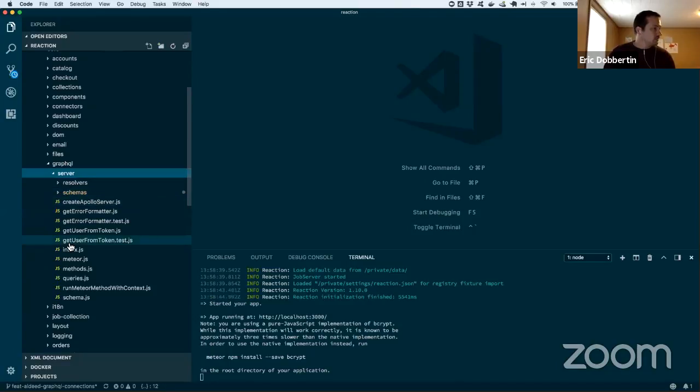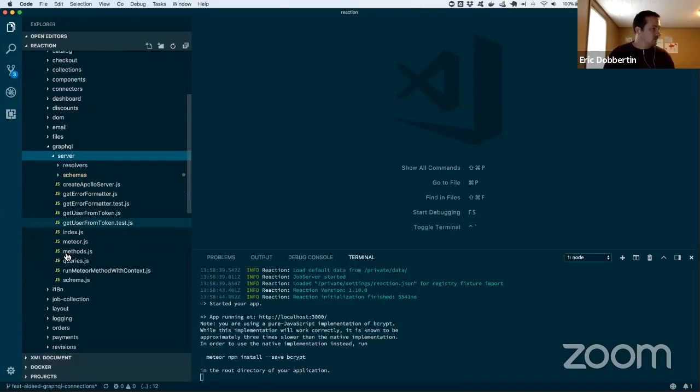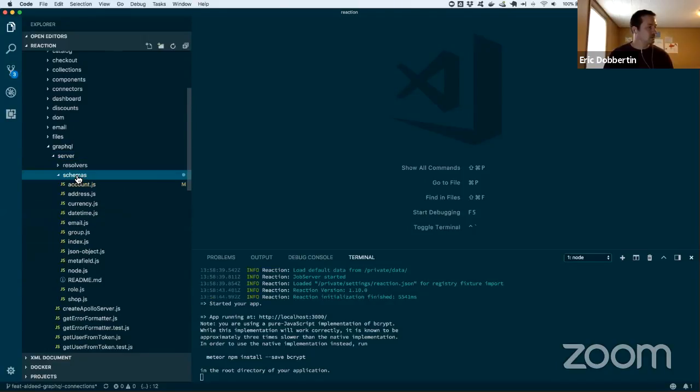So this server folder in the GraphQL plugin is pretty much everything related to GraphQL. If you're familiar with GraphQL, it'll be somewhat understandable to you. There's the concept of schemas and resolvers. So these are separated schemas, but they're merged into one during the process.